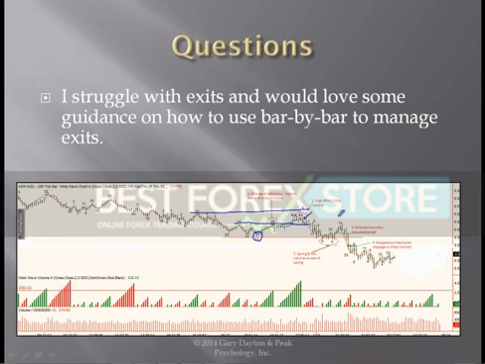I entered this spring after a low volume test and I got stopped out here. So he entered the spring here and he got stopped out here because of slippage in a fast market. That's amazing to me that you would get slipped that much. What is this? The Aussie dollar. Boy, that doesn't sound right to me. You shouldn't get slipped like that.